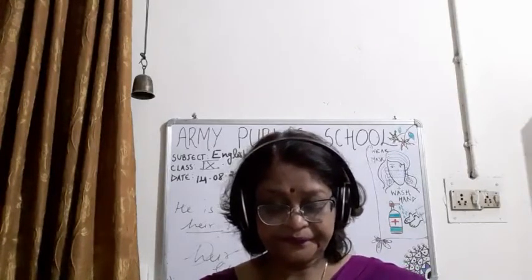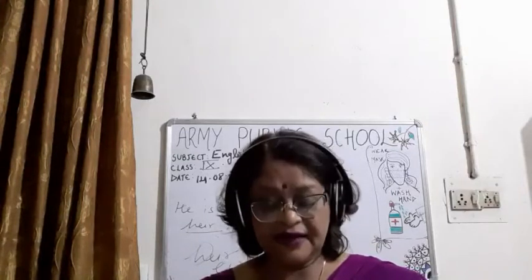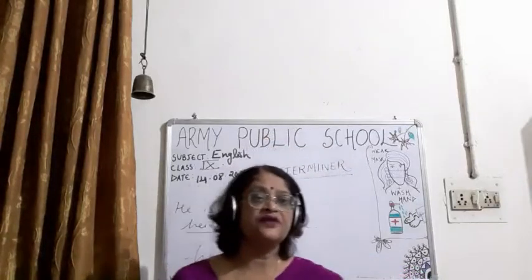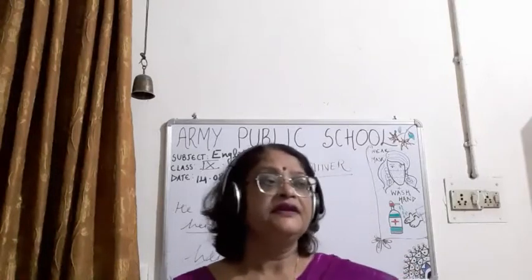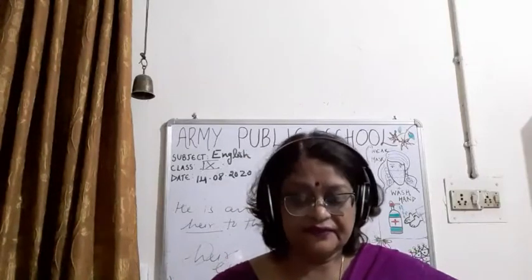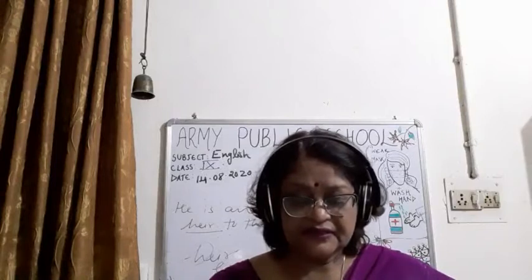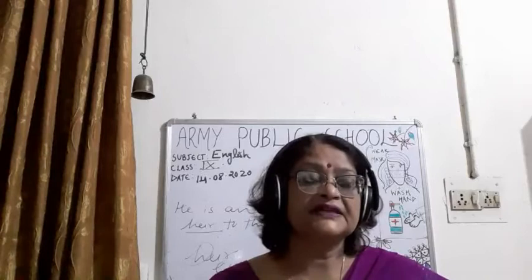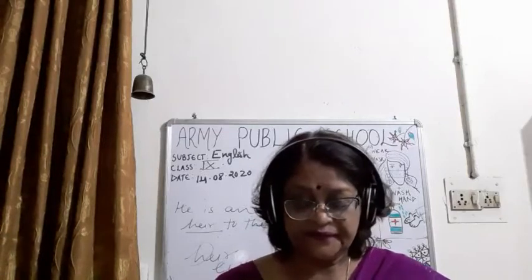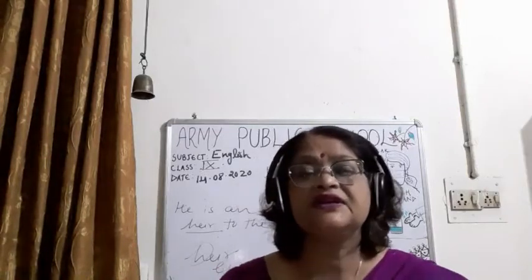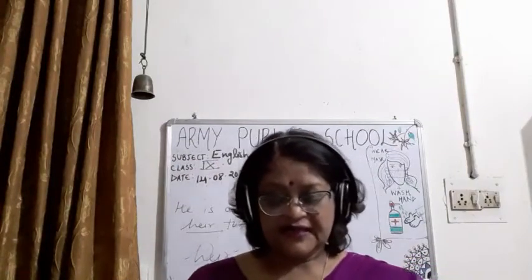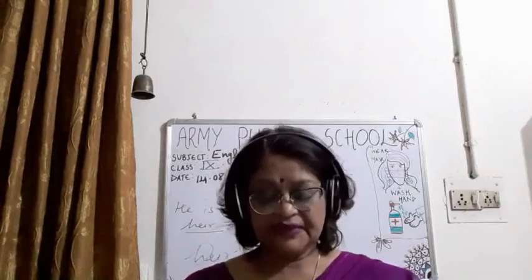Okay, we use a or an before an adjective in a noun phrase. Children, what is a noun phrase? Like a good girl. Now good is an adjective and the whole is a noun phrase. So before the adjective good we will put a. She told me an interesting story. Interesting story is a noun phrase, and here an is describing interesting.